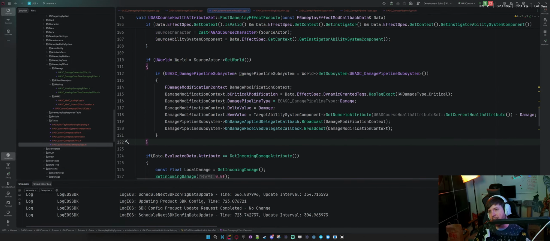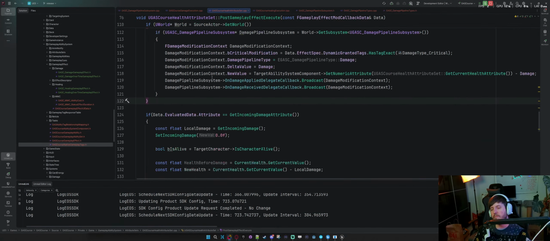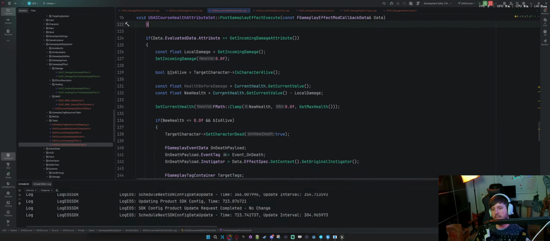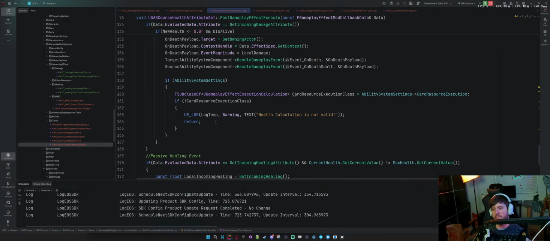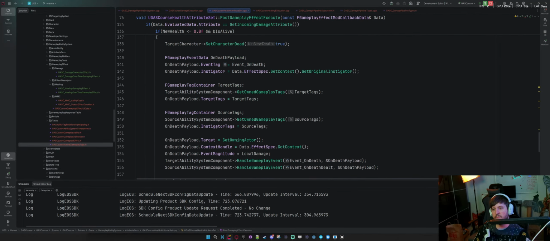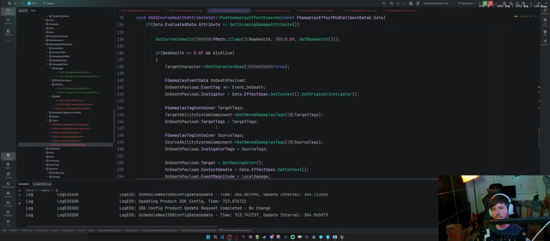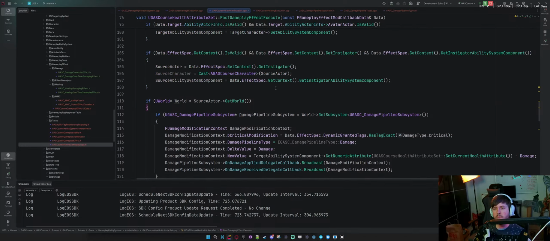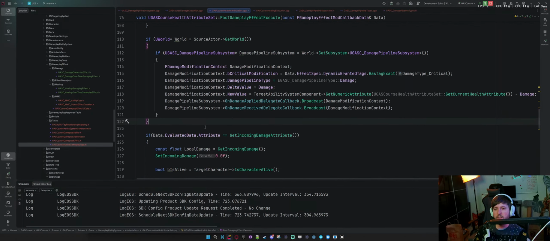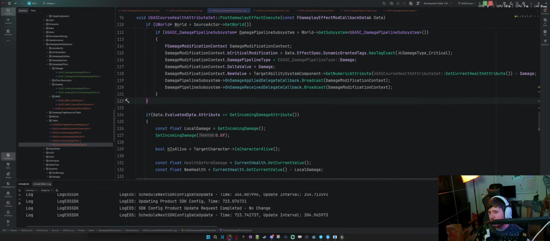So this does have a reliance on whether or not this stuff. Yeah, so if this all fails, if there is no damage pipeline, do I want to be doing anything else?